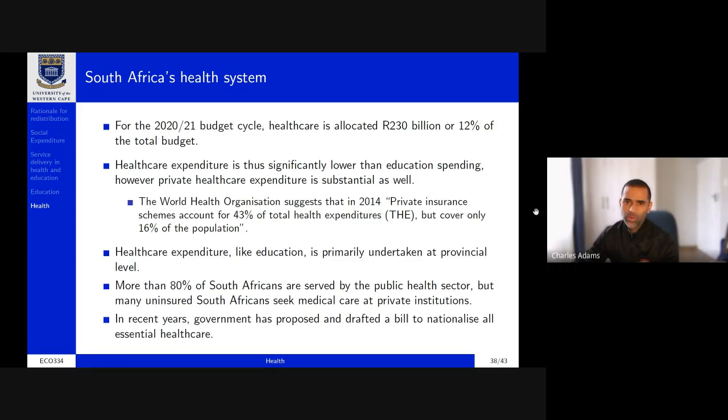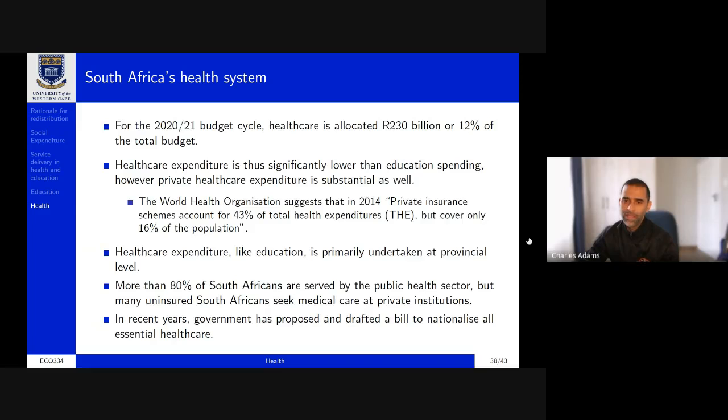So there's a WHO report which suggested that in 2014, private insurance schemes accounted for 43% of total healthcare expenditures, but only cover 16% of the population. So health, like education, is also highly unequally distributed in South Africa. And I'm saying that because we know that private healthcare is just of a different quality than public healthcare. Now, this 43% is not the whole story either,